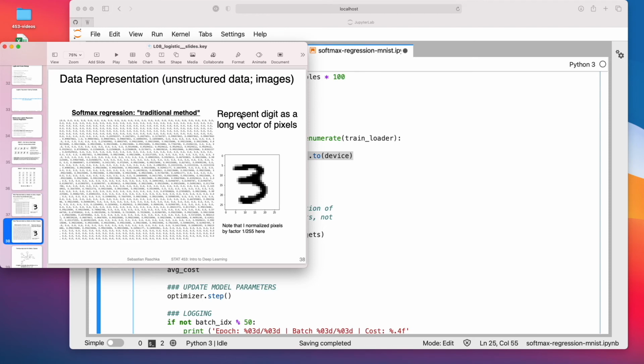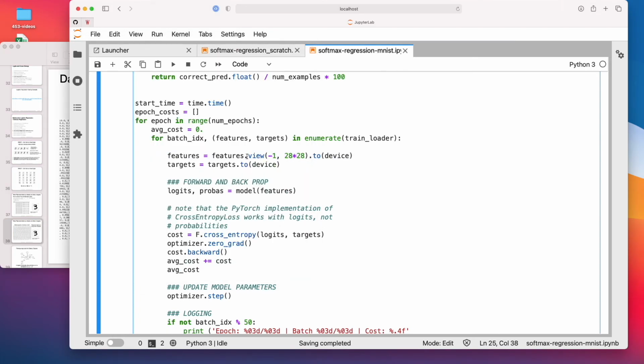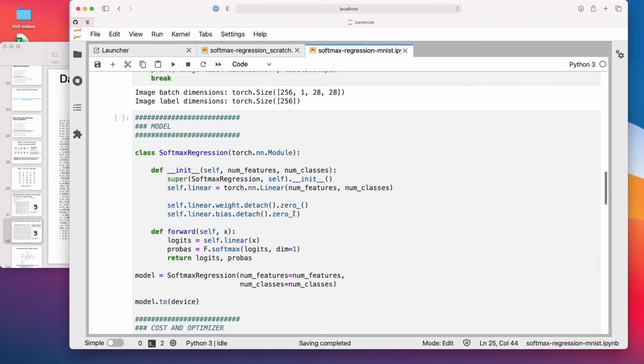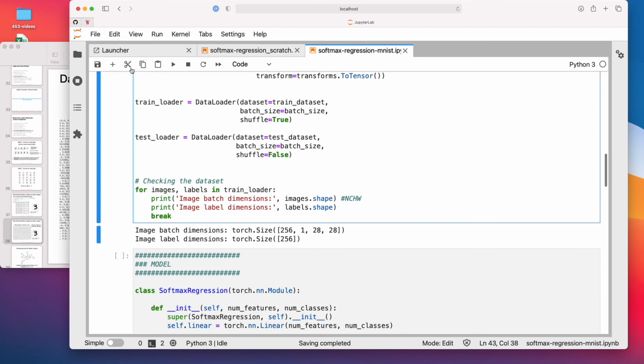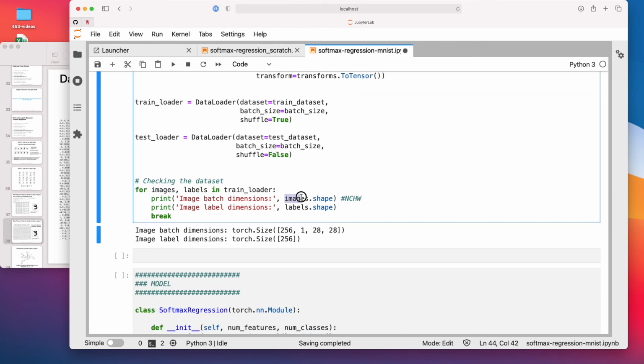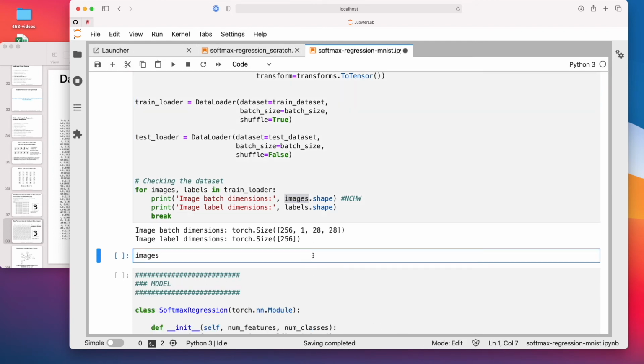So we would concatenate it to a very long vector, 28 times 28, so a 784 dimensional vector. That's what I'm doing here. So I'm concatenating it to a vector. I can maybe show you how that would look for one given image.